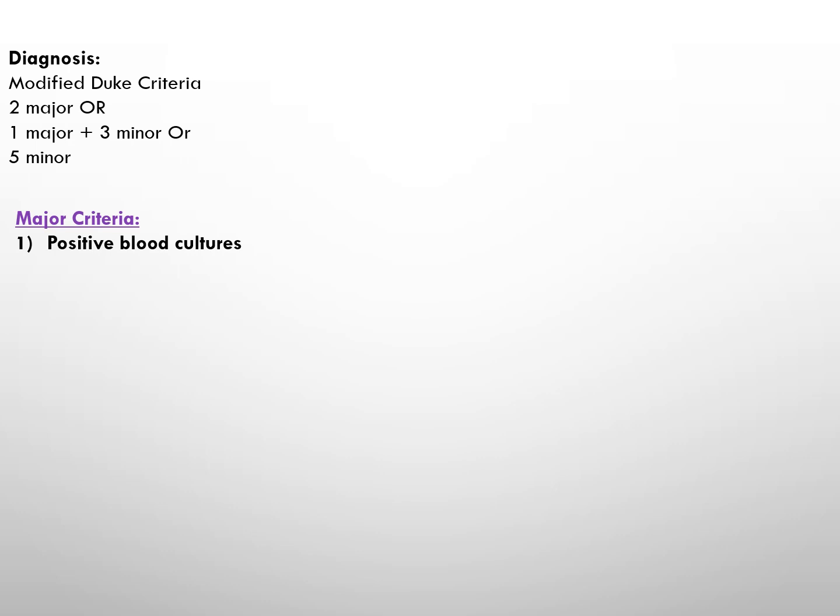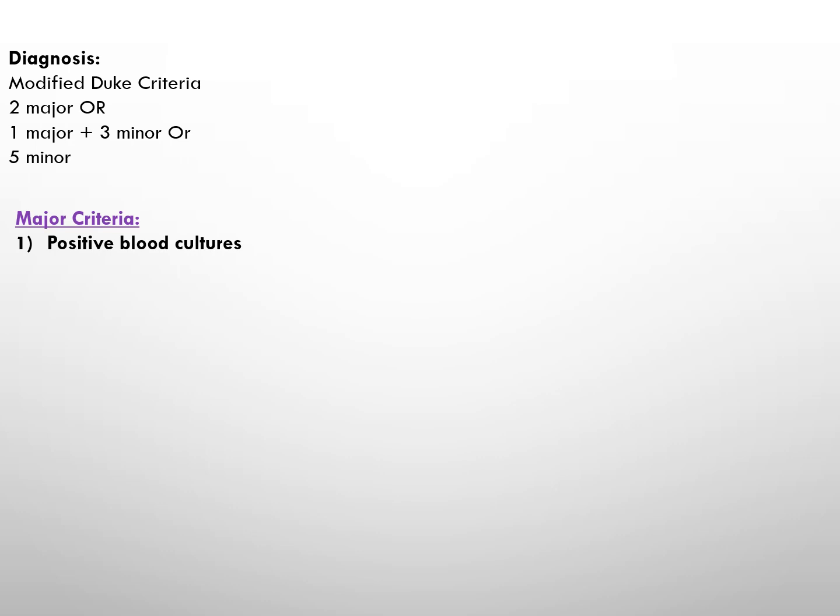Modified Duke criteria serve as diagnostic guidelines for identifying infective endocarditis and can be met through a combination of criteria: two major criteria, or one major plus three minor criteria, or five minor criteria. Major criteria to evaluate the existence of positive blood cultures and signs of irregularities in the heart valves include positive